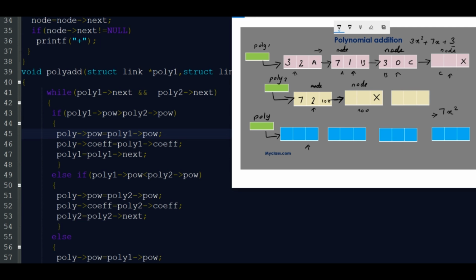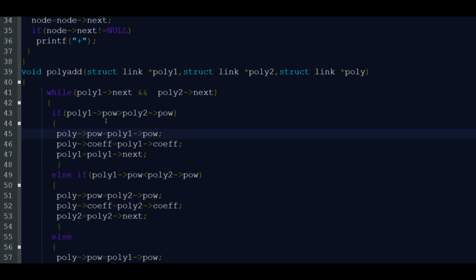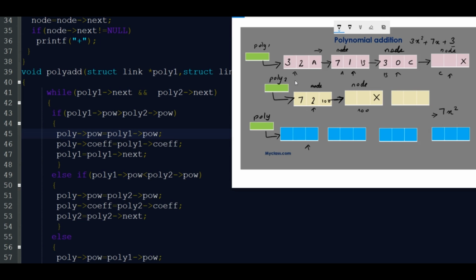Okay. This poly 1 next also contains a correct value, that means it is true, and this is true. True and true means it's true. Okay. After that, we are checking whether poly 1 power or poly 2 power is higher. So our pointer is our